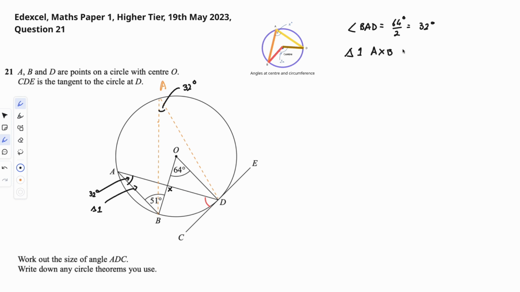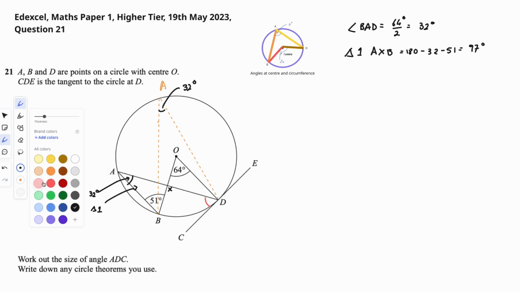We know the total number of angles in a triangle is 180 degrees. So to work out this particular point here, we do 180 degrees minus 32 minus the 51 given here, and that gives us 97 degrees. You can write that in at this point. Let's just do this in a slightly different color. So you can see this point here